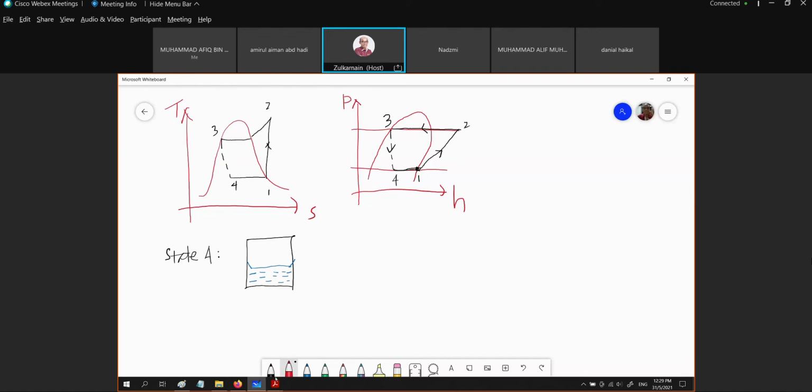This is our saturated vapor. Actually, we refer to this as mg, and this saturated liquid we refer to as mf. Okay, and f. So when I heat it up,